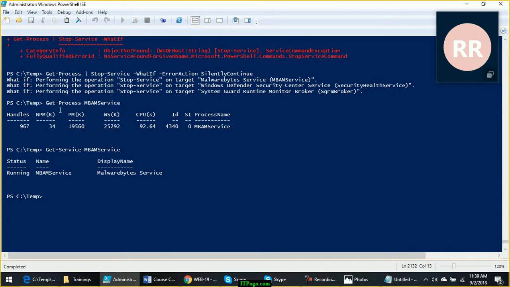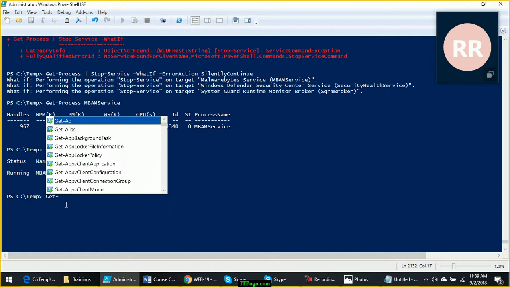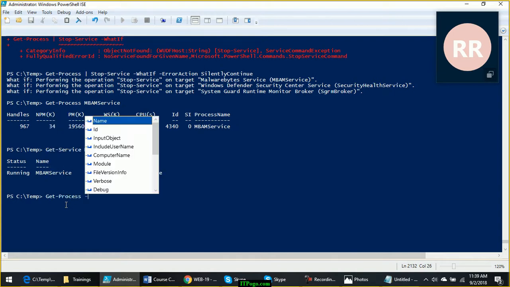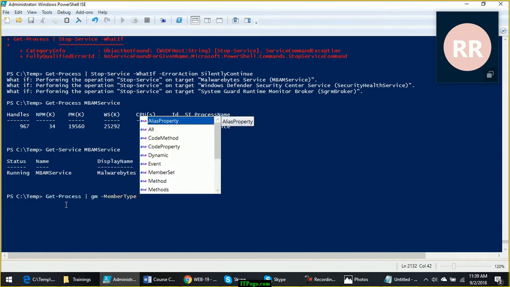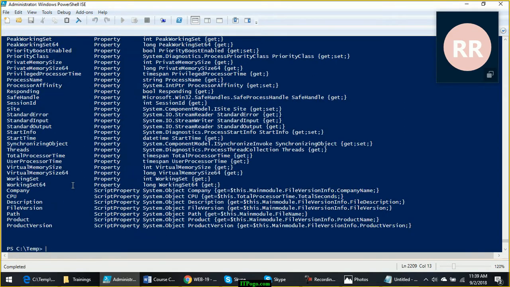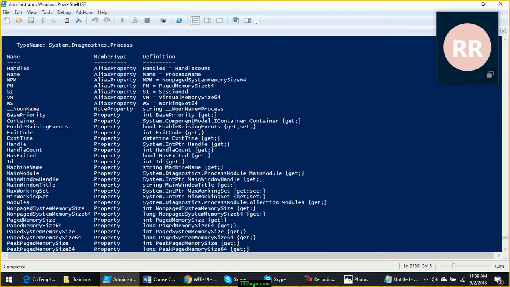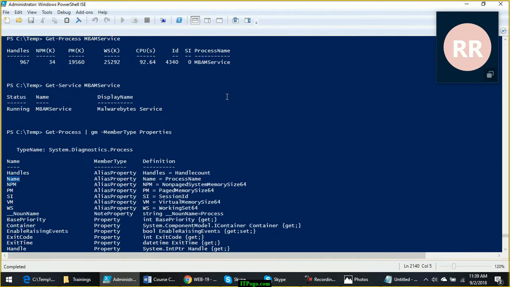If you look at the output object type, or the members of Get-Process with Get-Member, type properties, there is a property called Name, right?